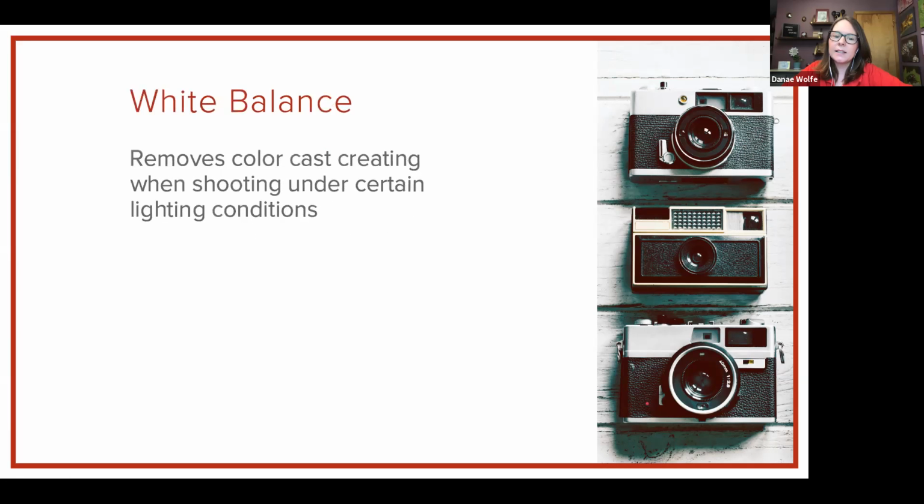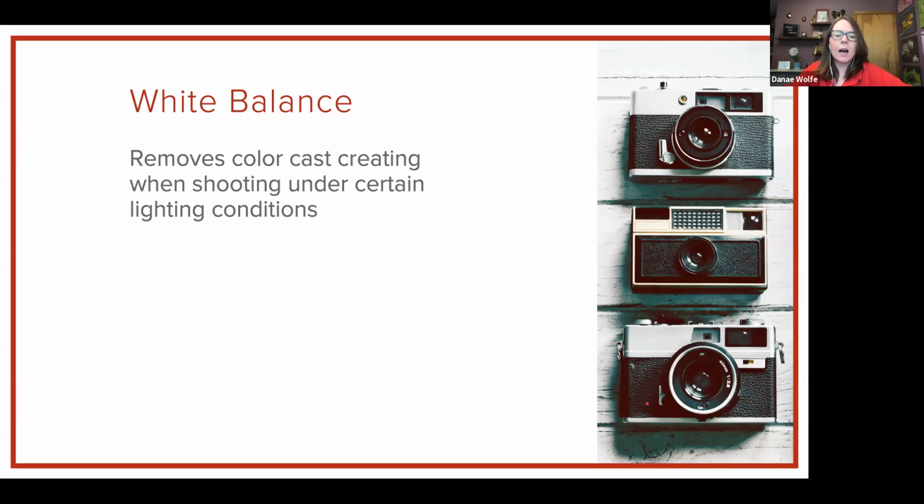So again, this stuff is really relevant to using one of those bigger cameras, but you can still change some of these settings on a mobile device as well. Now your white balance basically removes any color cast that you might get from different lighting situations in your environment. So if you're shooting under a fluorescent light or you're shooting under daylight, all of these different light sources have different color casts to them. And you can tell your camera, I'm shooting in this type of situation, in which case it's going to automatically